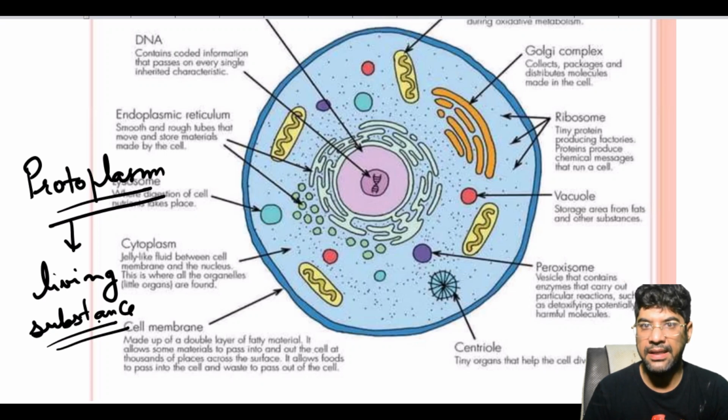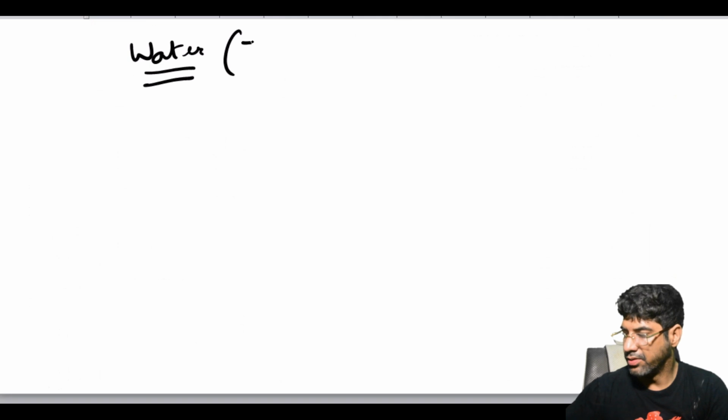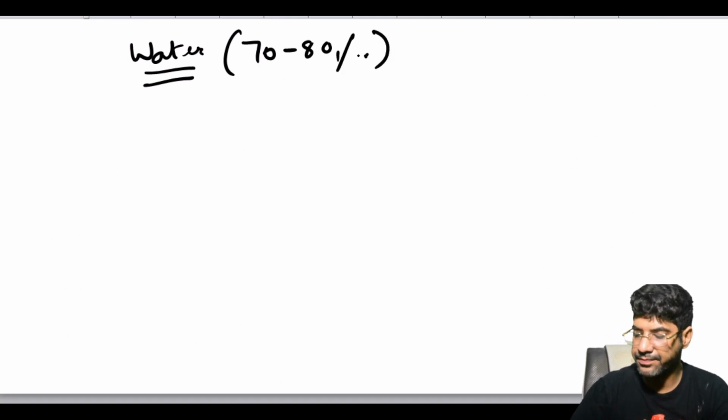So the protoplasm is the medium in which the cellular organelles are suspended and biochemical activities take place. The protoplasm is made up of several essential components, each playing a vital role in maintaining cellular structure and function. So it has, remember, water,